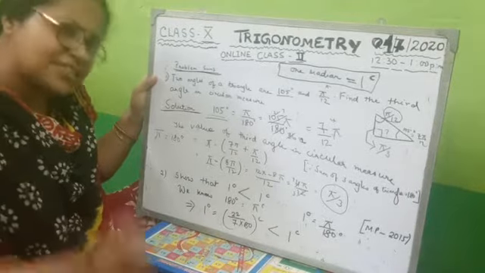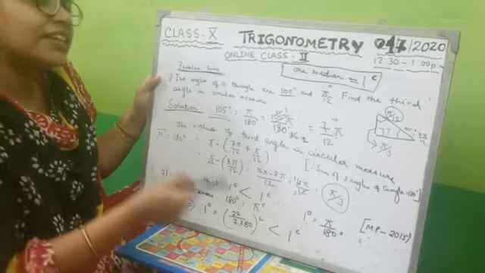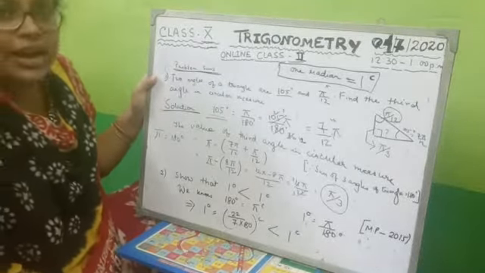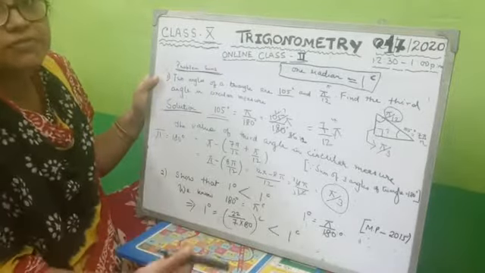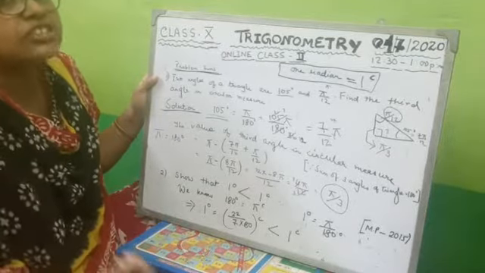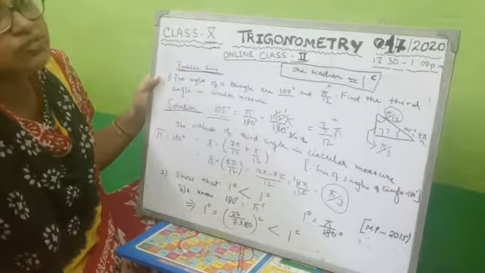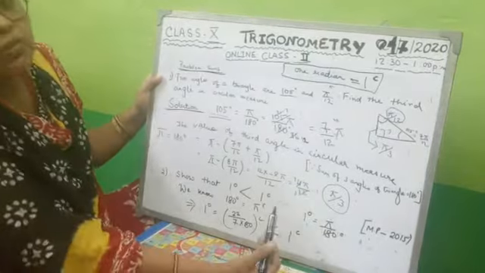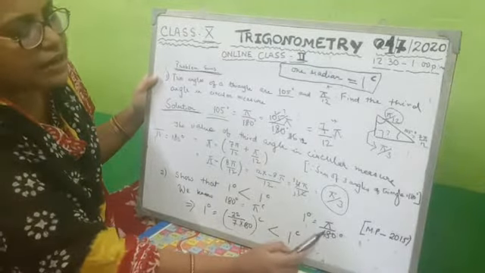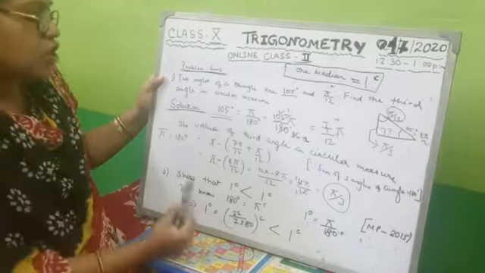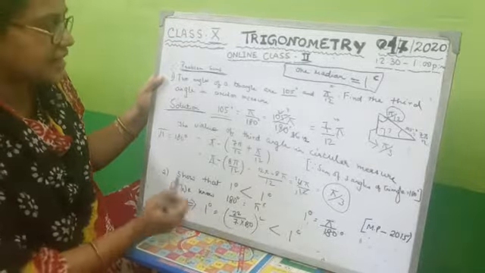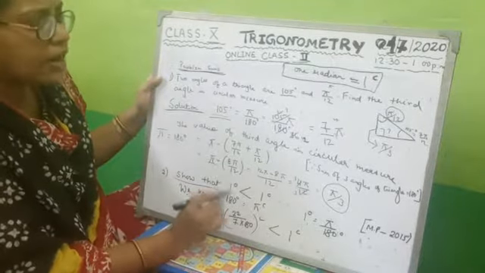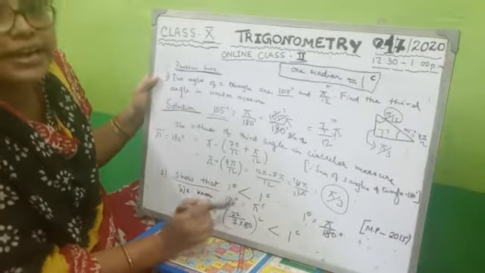This sum is a bit tricky and it has already come in the Madhyamik exam 2015. We will do this type of sums so that you can face all the challenges of the Madhyamik exam 2021 boldly. Now you know 1 degree is equal to pi by 180 degree. The question is a short question: show that 1 degree is less than 1 radian.